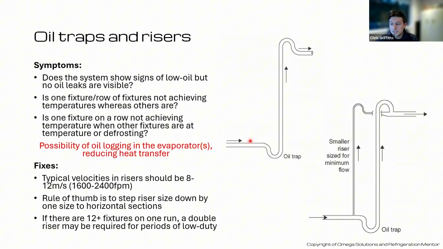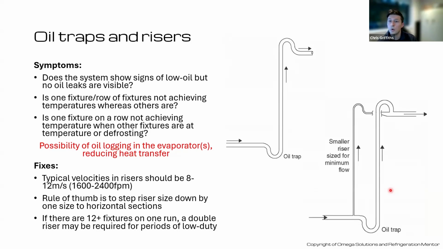Rule of thumb previously was to step riser size down by 1 size compared to the horizontal sections. And also other people I've run across have quite a good rule of thumb: up to 3 fixtures on a single riser. Above 3, we switch to this double riser configuration, which is shown on the right-hand side here, and operates very similarly. The oil riser still needs to be sized so it can accommodate full mass flow for those fixtures connected to it,